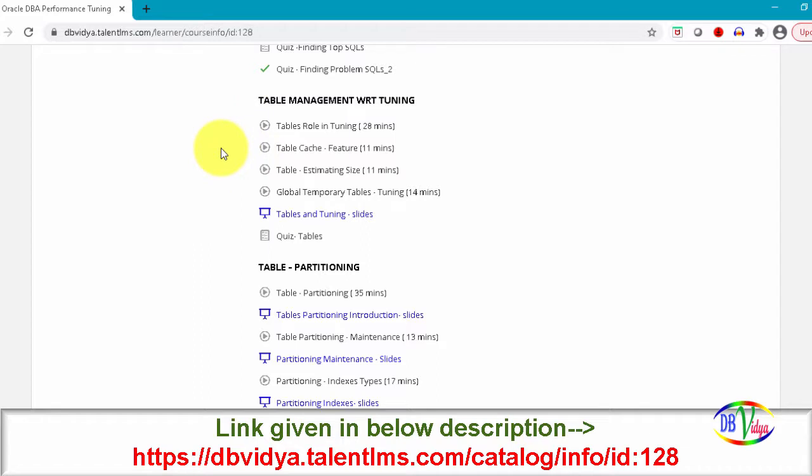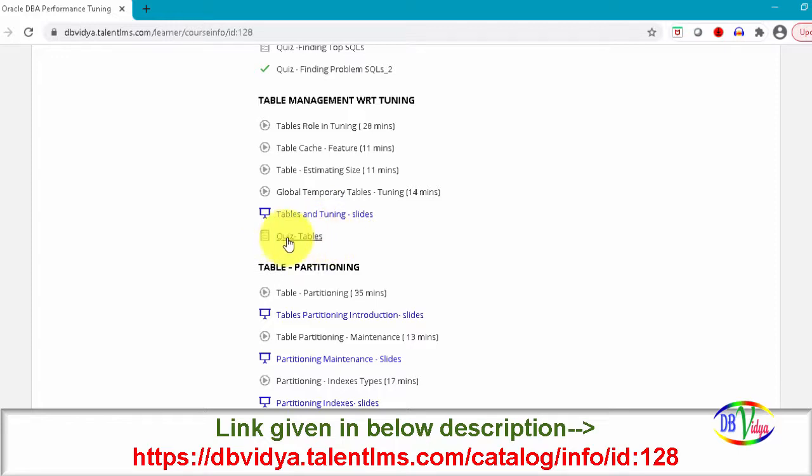Tables also play an important role with respect to tuning, so those details are covered as part of table management. To name a few: what the cache feature is, and how to use global temporary tables for tuning purposes. Once this topic is over, we are offering a quiz.